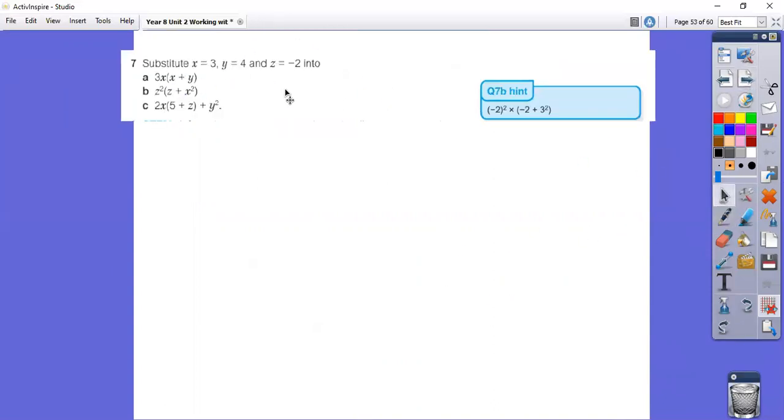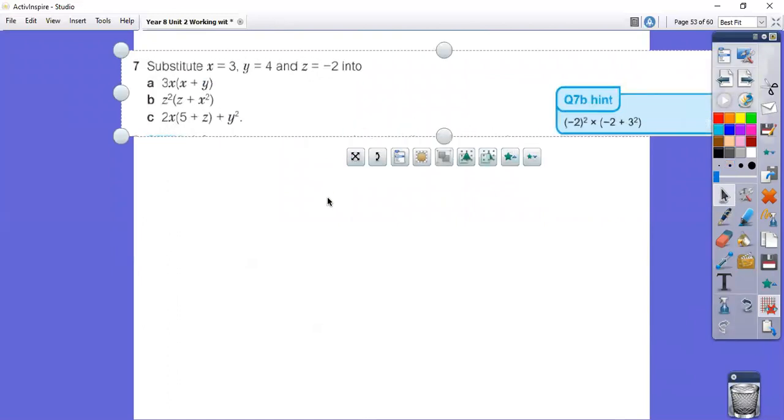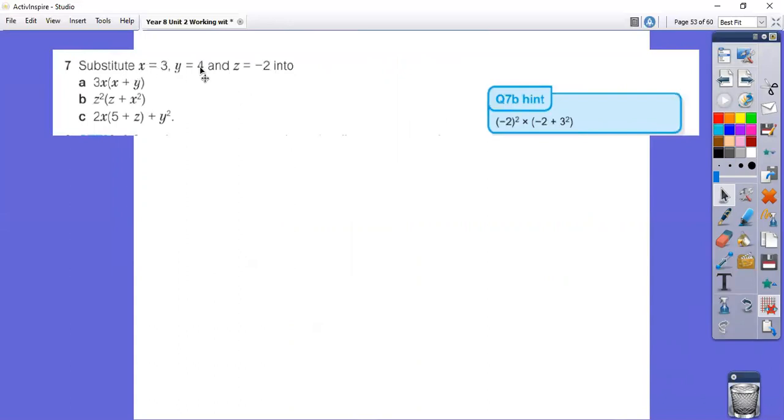Question 7 is: substitute x equals 3, y equals 4, z equals -2 into 3x times x plus y. Again, substitute. So you say, okay, this is 3. So you're going to do 3 times 3, 9 times 3